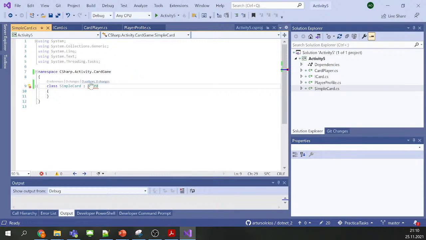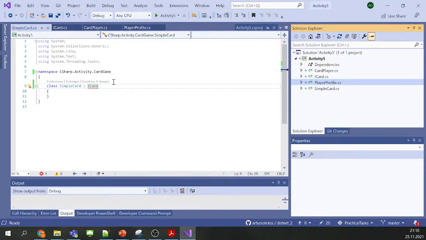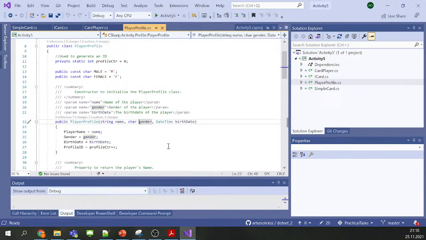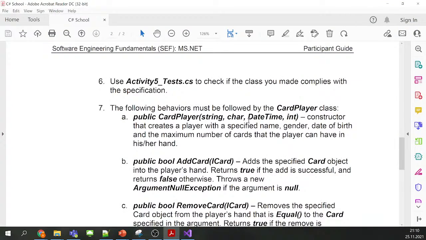So it means that we have the player, the player profile. See that it has string, gender, and birth date. So it means that when we call the constructor from the subclass of the